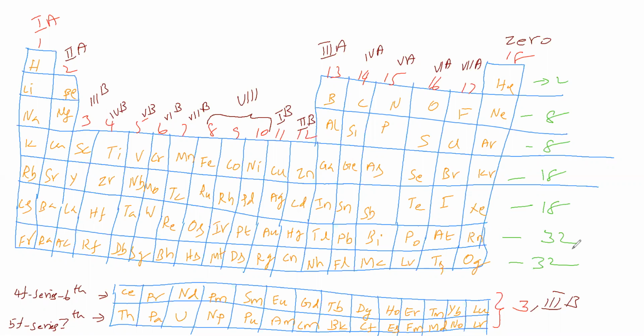Okay. Now we want to know the atomic number of, suppose, antimony. We want the atomic number of antimony. So we know that this is 1. To this add 2. You will get this atomic number 3. To this add 8. You will get 11. To this add 8. You will get this atomic number 19. To this you add 18. You will get this atomic number 37.